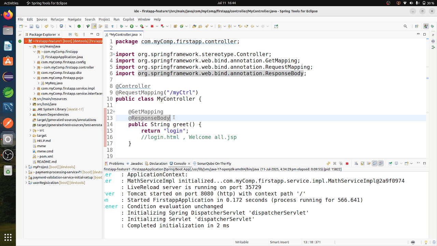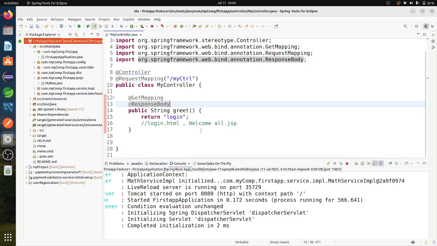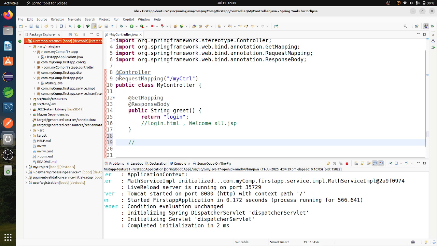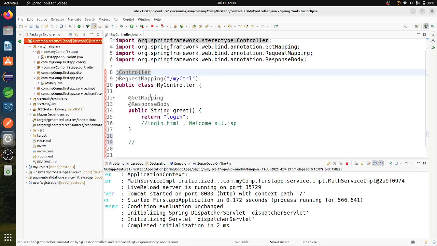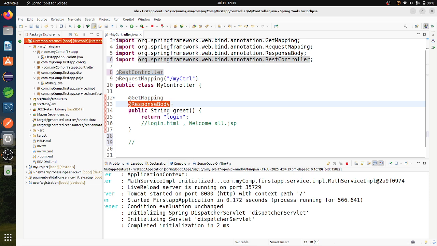And if I want to use the REST controller, I can use that also. There is another way. In order to make a class a controller class, we can use @Controller and @RestController also. But if I use @RestController, then I don't need to use @ResponseBody.